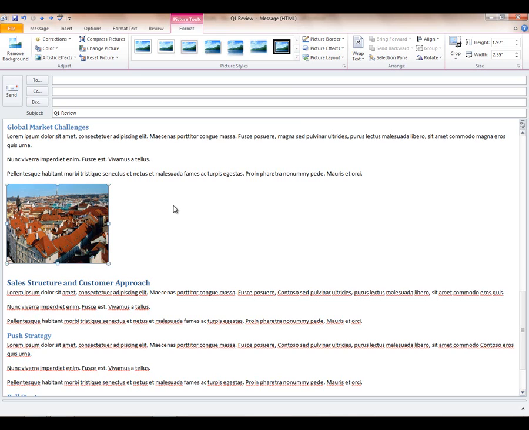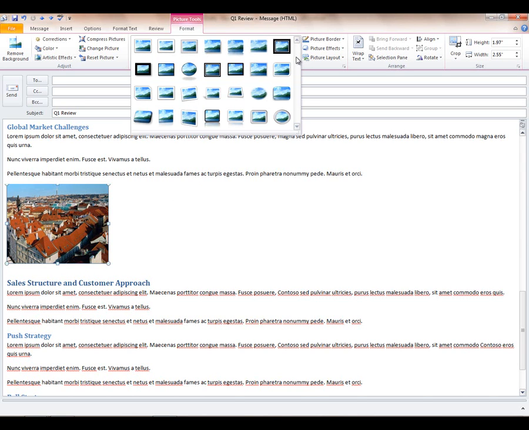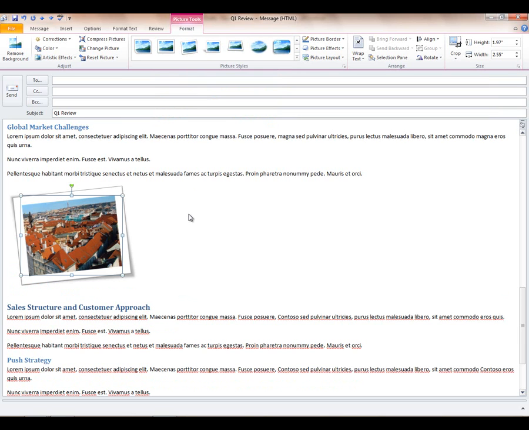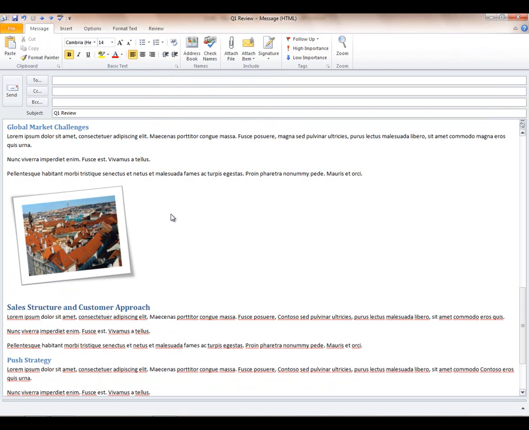What I also want to show you here is in the picture styles area, just as we had predefined formatting for text, we have predefined formatting for images. You can see some styles here as different ways that I might want to portray this image. I like the one here that looks like a Polaroid that you might have thrown out on your desk or on a table. It's got that tilt to it and shadowing. A number of different options that you can definitely choose from as you're working within these images. Let's go ahead and save this